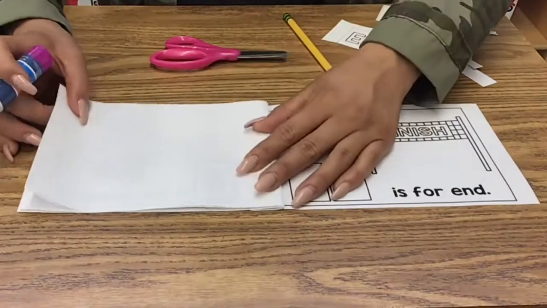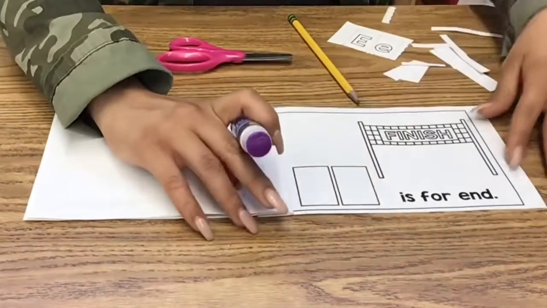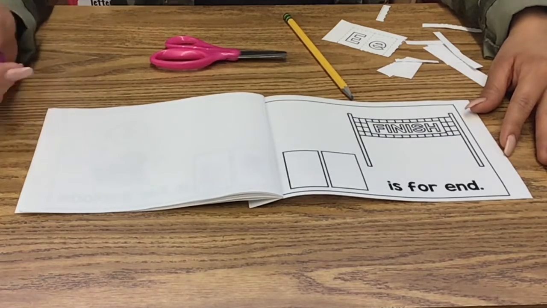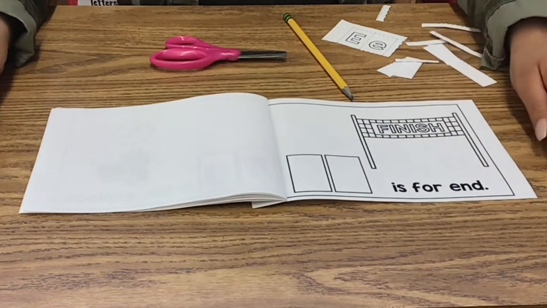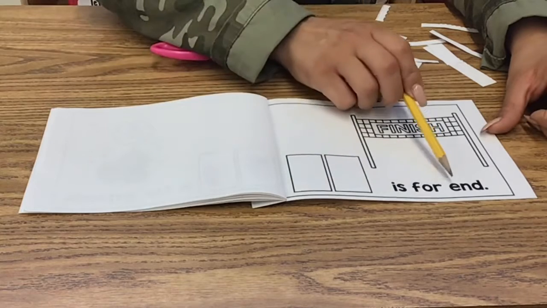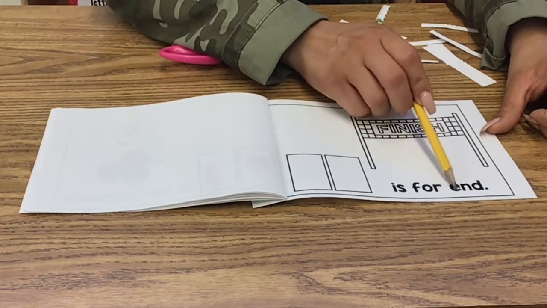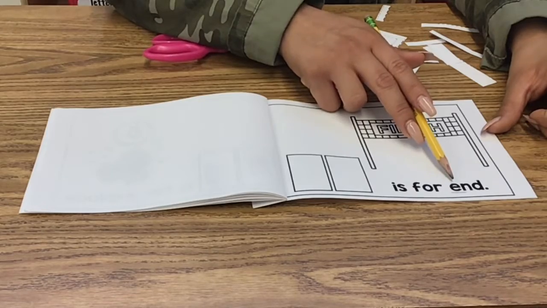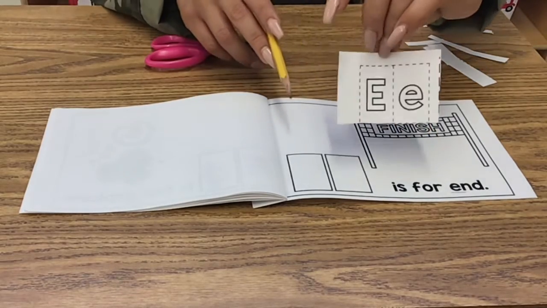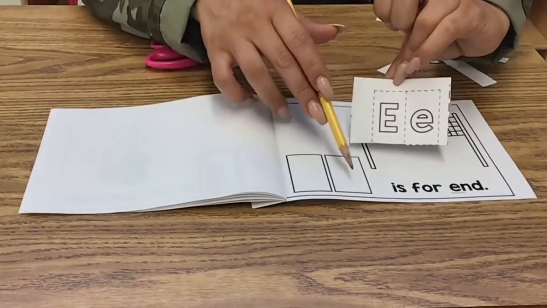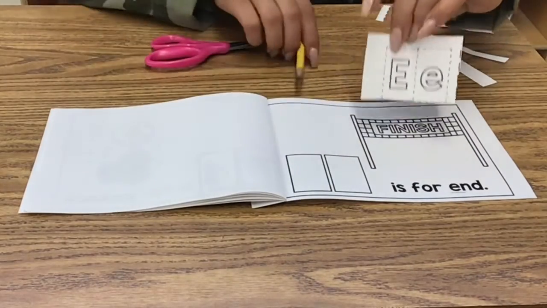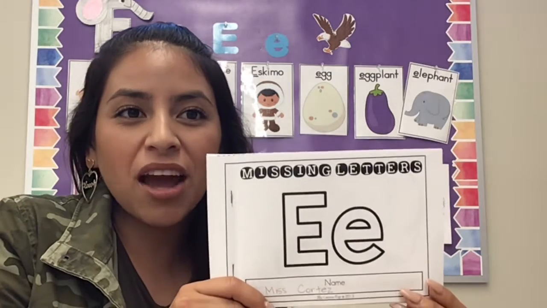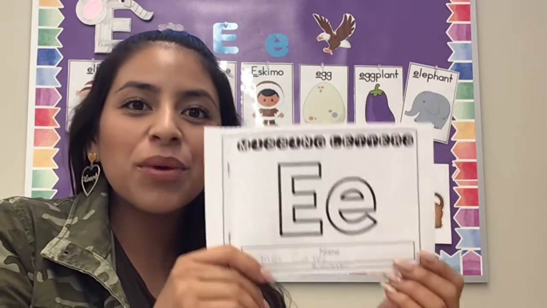We're on our last page. And because this is our last page, this is the end of our booklet. Does the word end begin with the letter E? Yes, it does. That is the letter E. So we know we can put our last two letters, our uppercase and lowercase, in these missing spaces. Great work, TK. Now that we've finished working on our missing letters booklet together, we can go ahead and read